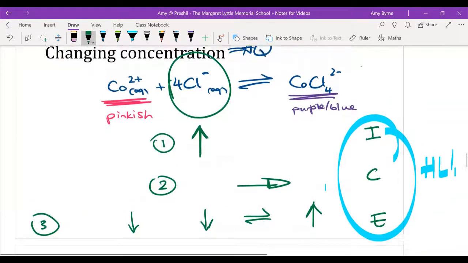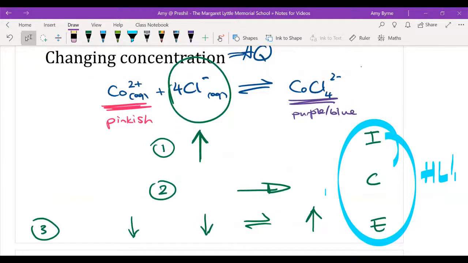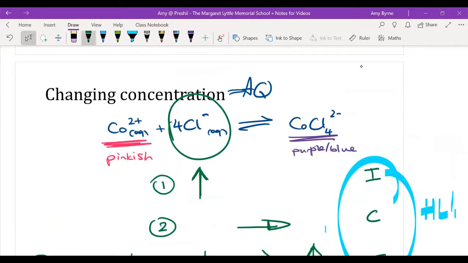So when I'm monitoring the changes in concentration, one of the reasons why I've specifically talked about the colours of these things is that one thing that will change is the colour of this solution. If I am consuming that pinkish cobalt species and making more of this purplish blue, I will end up with a solution that is more purplish blue than it was initially. Again, I will add a card here, hopefully,